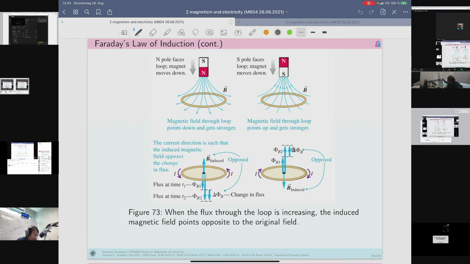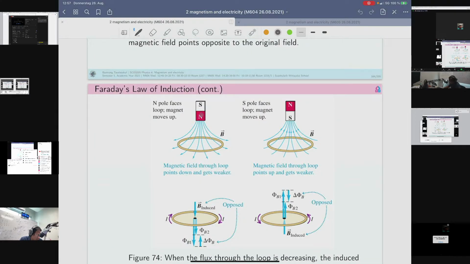You move the permanent magnet, whether with the north pole or the south pole head, toward the circular conductor. But let's consider a different situation, if you move it out of the circular conductor. For example, let's consider first the conventional way, we take the north pole toward the conductor, but now we don't move it